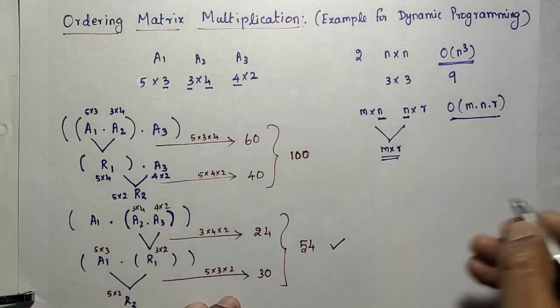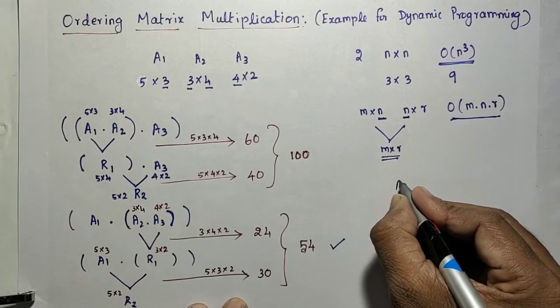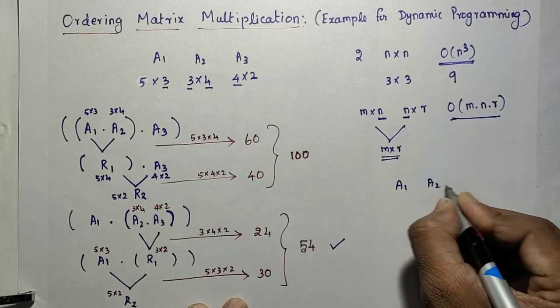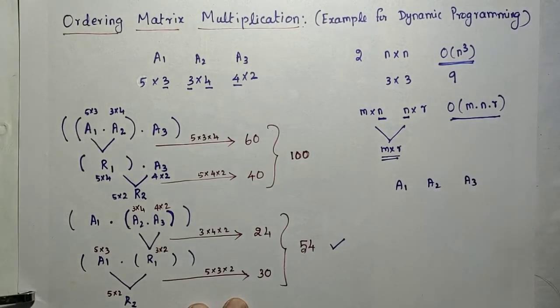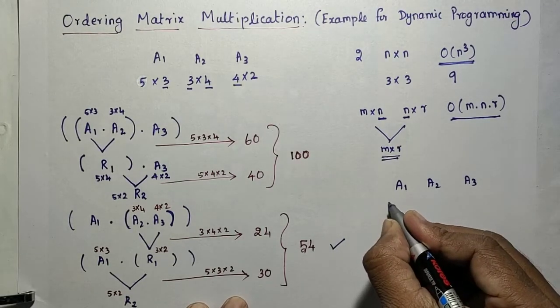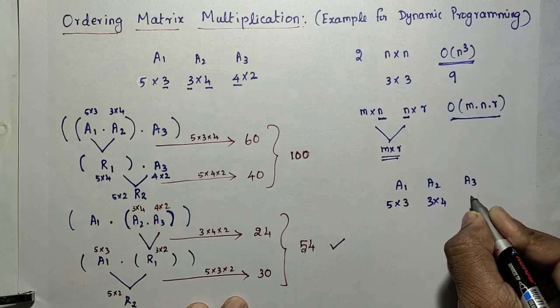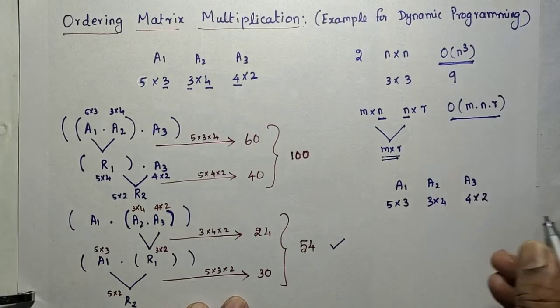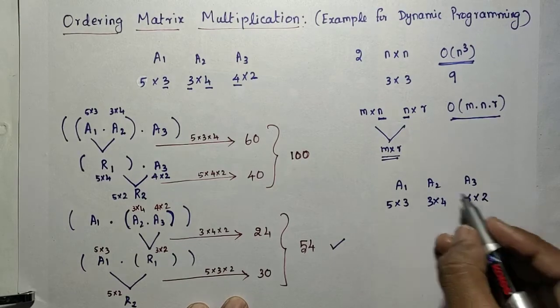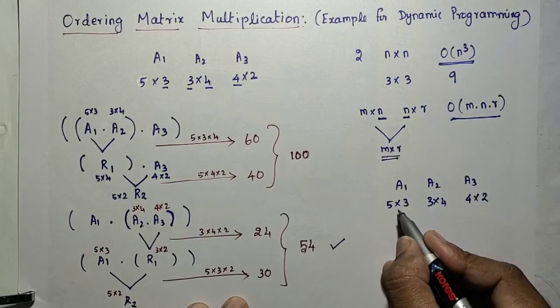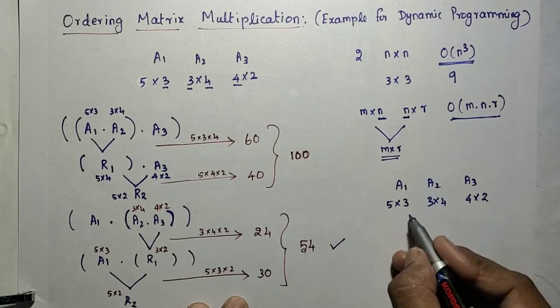Okay, so the input is 3 matrices: A1, A2 and then A3. Three matrices' dimensions, not the values. So 5 by 3, 3 by 4 and 4 by 2. For these 3 matrices, how many values do we need at maximum? Four values only,